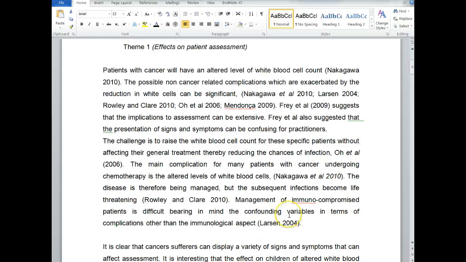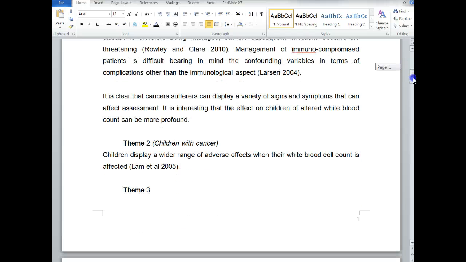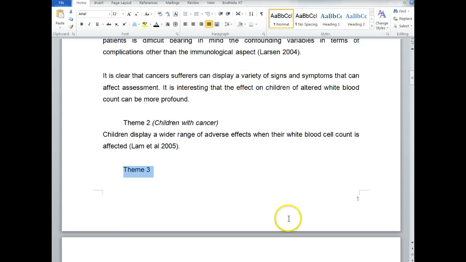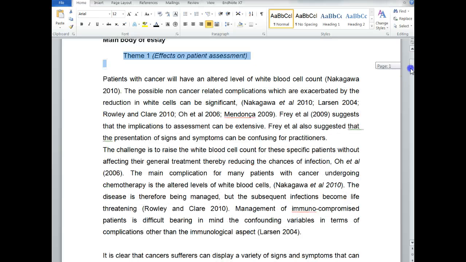So I've already read all these papers and I've got a feeling about the themes. So I've got one theme there which is roughly, can change if I want. I can take this heading out as well, but the effects on patient assessment. The second theme here, I've got children with cancer, and then I'll have a third theme and a fourth theme. So basically, if you recall, I said I wanted a self-contained essay about this particular theme. So we discuss the papers and the study that we've actually read about, and we discuss it by saying, as